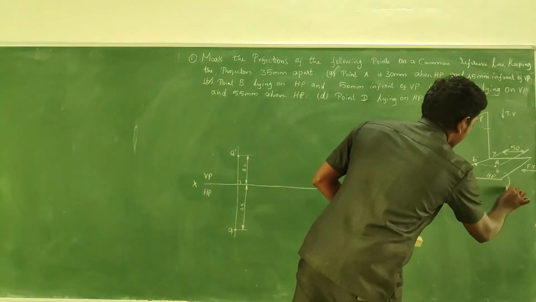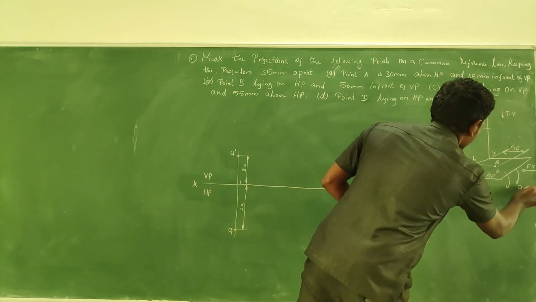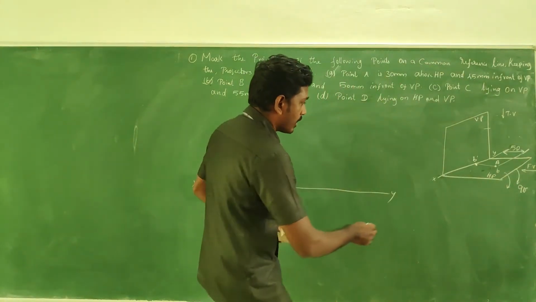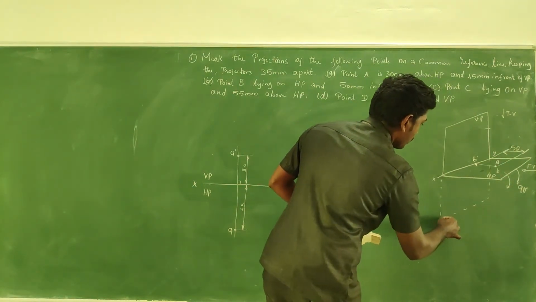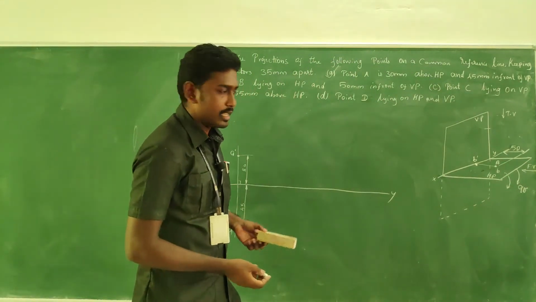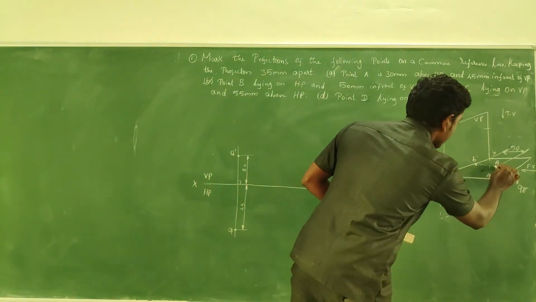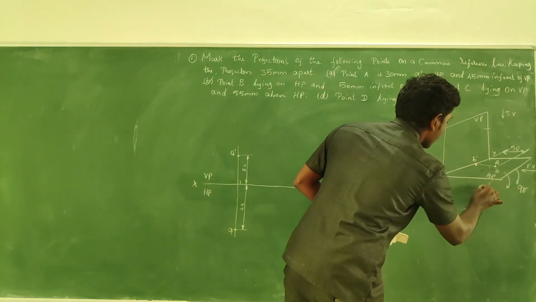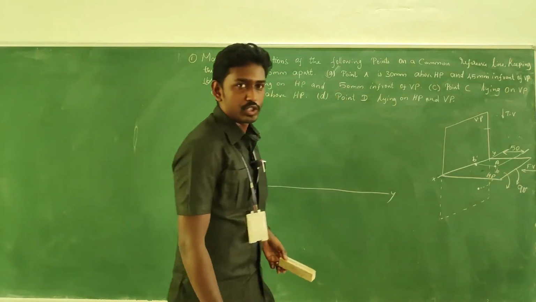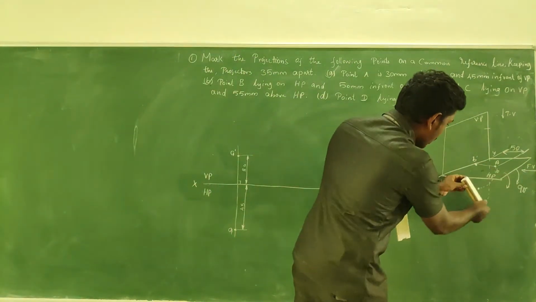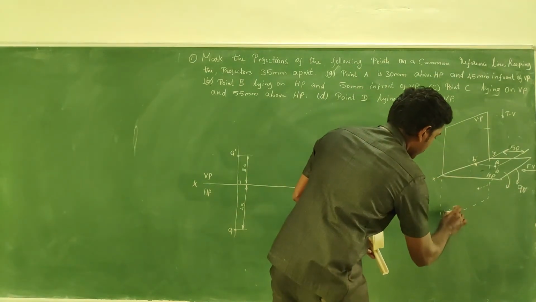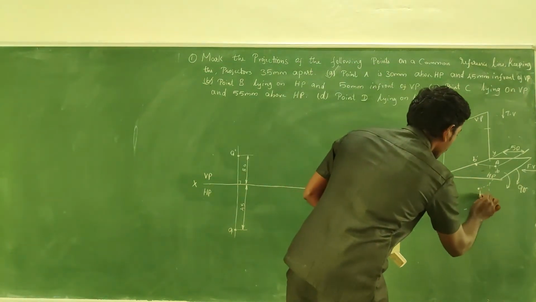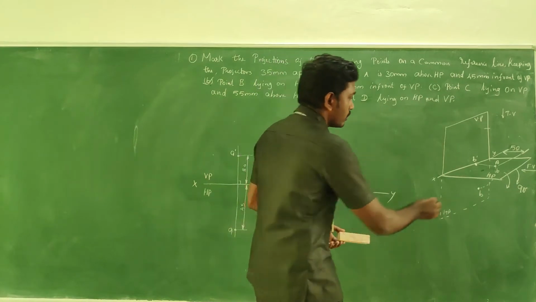So with the same principle, we have to rotate it through 90 degrees. Okay, so what happens? This horizontal plane comes like this when it is rotated through 90 degrees. And think about this: B comes to the position along with the horizontal plane. It is going to trace this. This is the HP now, the new HP. So this would be your new B point, the top view, right?